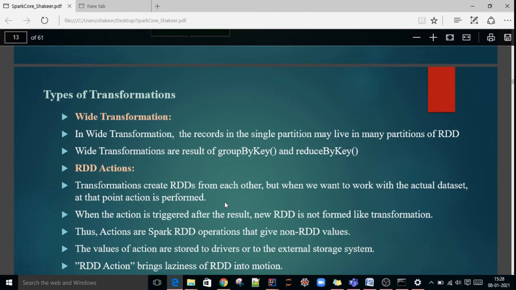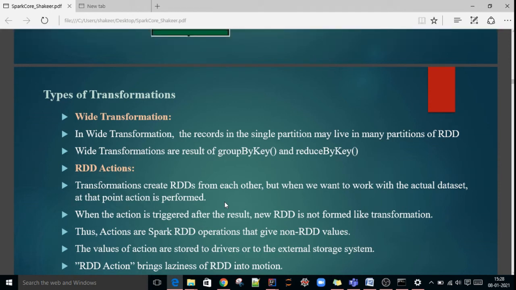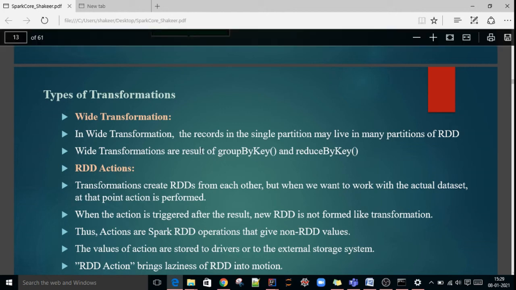For example, group by key and reduce by key are examples of wide transformations. In wide transformations, a lot of shuffling will happen, that is, interchange of data between a number of partitions. That's why shuffling will happen. So this is called a wide transformation.